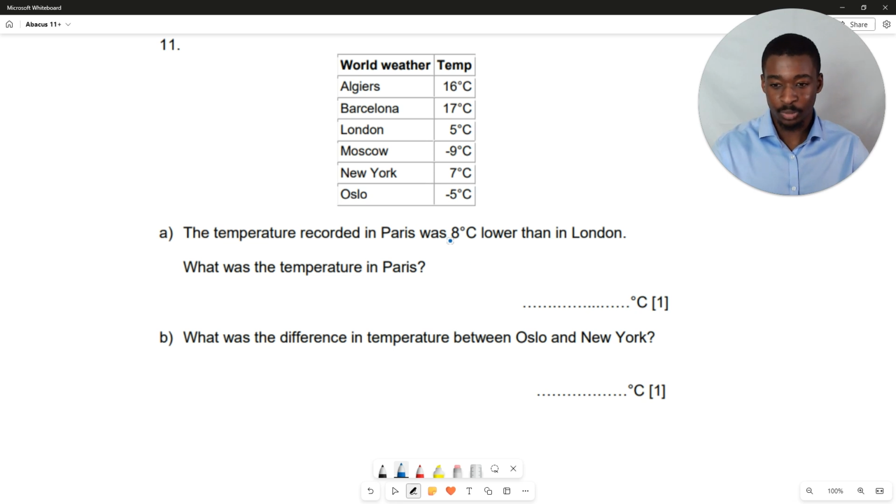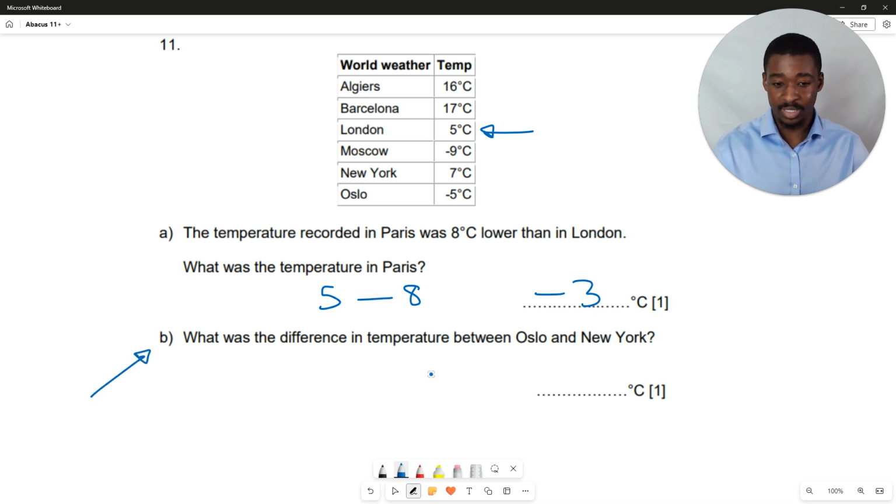So here for this next question, we're told the temperature in Paris was 8 degrees Celsius lower than in London. What was that temperature? So we take London, 5 degrees Celsius, and we subtract 8 degrees Celsius. So we do 5 minus 8, giving us -3, or -3 degrees Celsius. And then for part B,